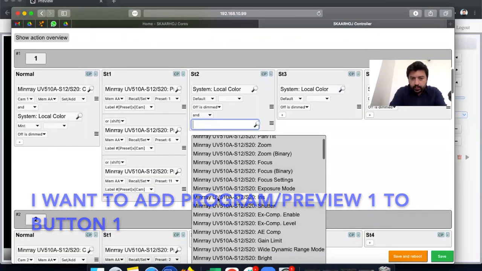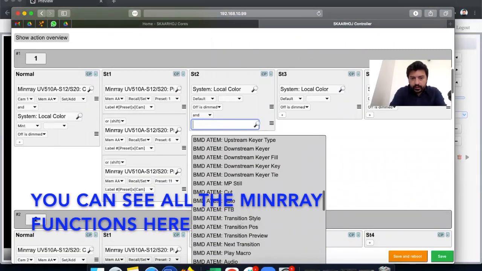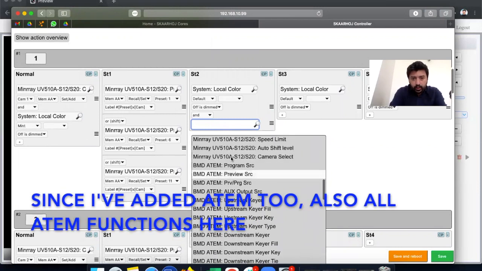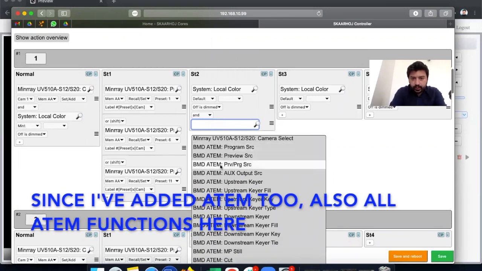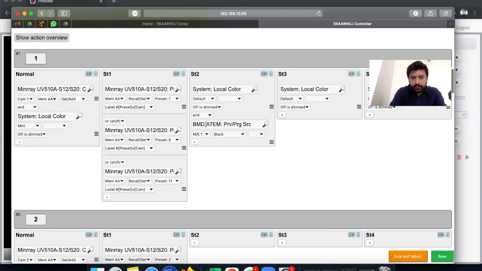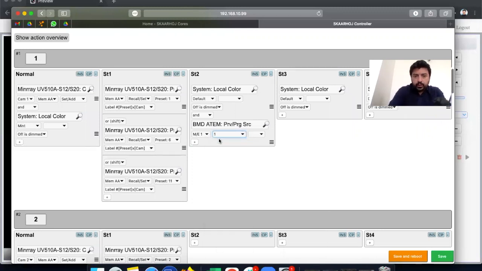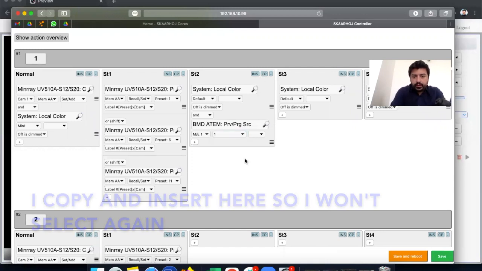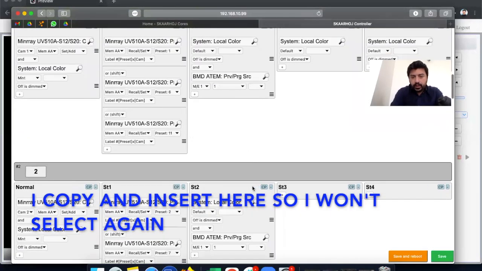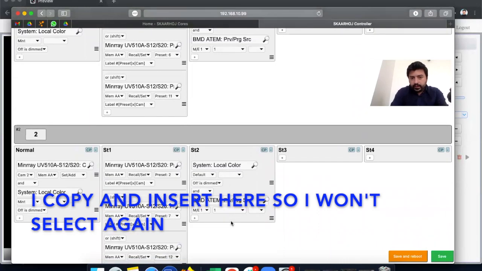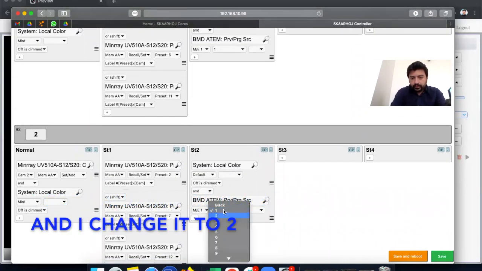So you can see all the main array functions in here, and since I added ATEM too, all the ATEM functions are in here, so I'm selecting program preview. And for program preview 1, I can copy and insert here, so I don't have to select it, and I can change it to 2